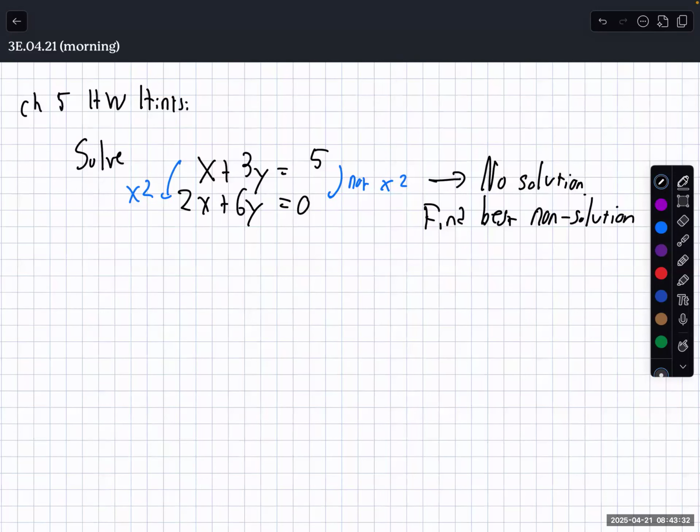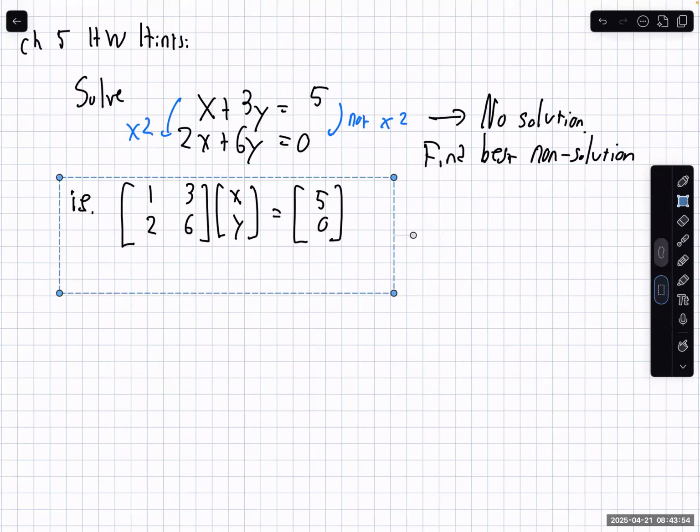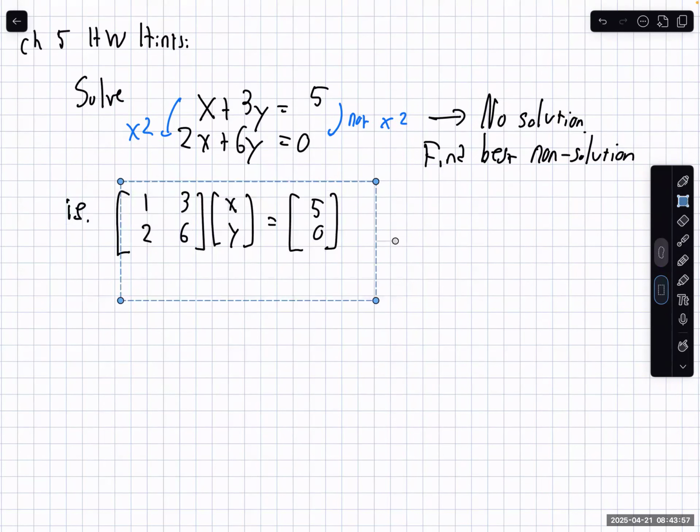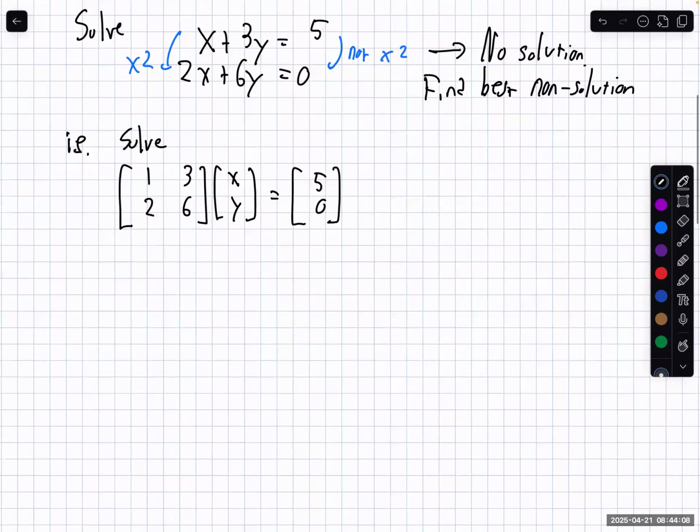And then what we saw in Chapter 5 is some non-solutions are better than others, and we talked about how to find the best one. So I want to put some of the pieces together. In the matrix form, we had another way to represent a system of equations. And with this perspective,